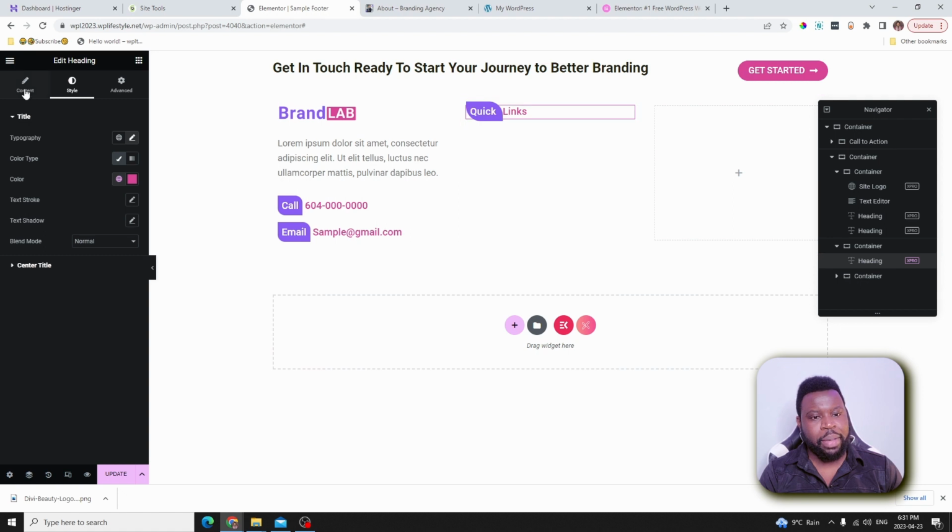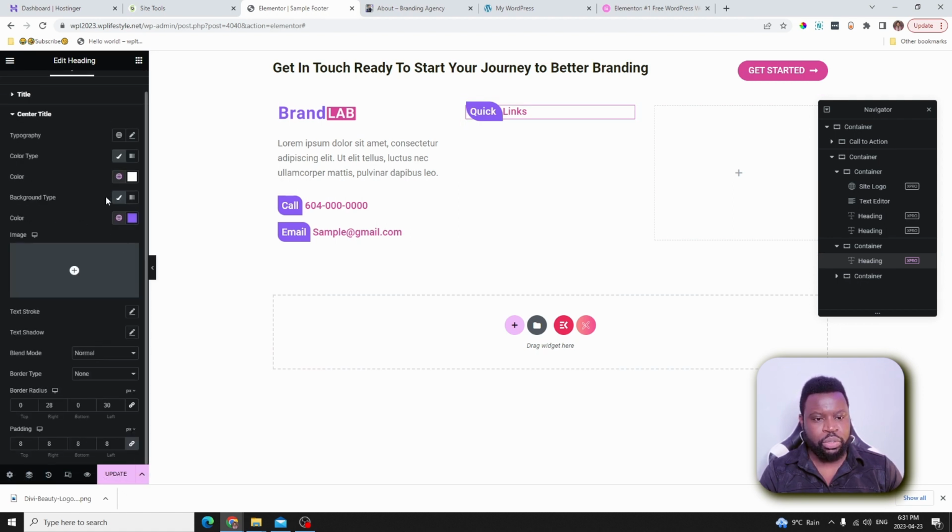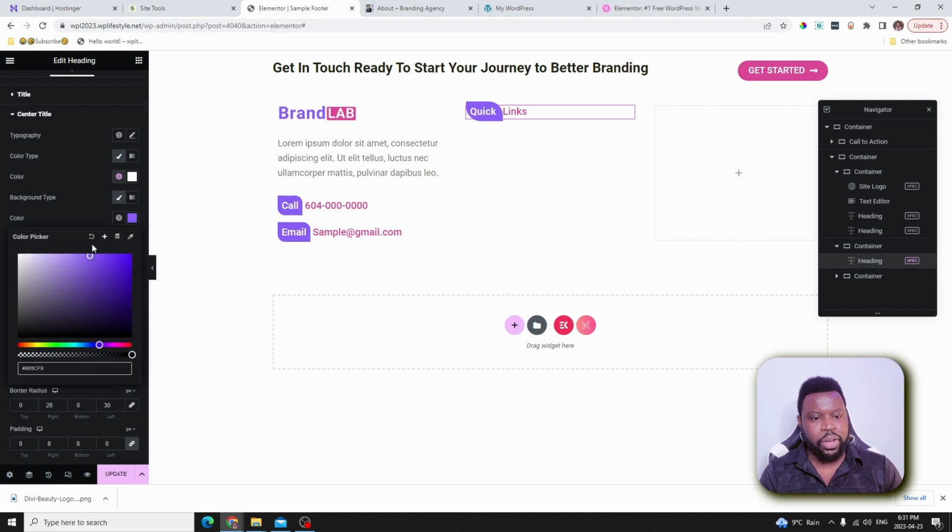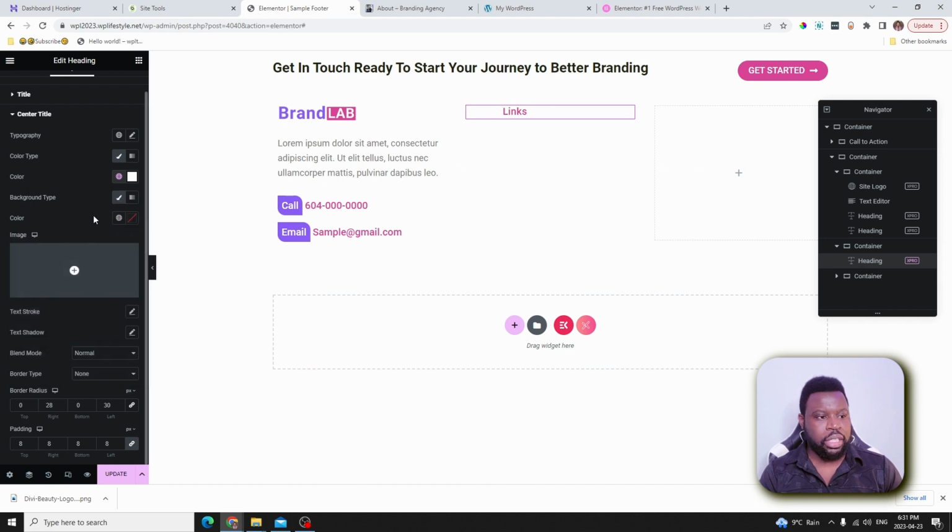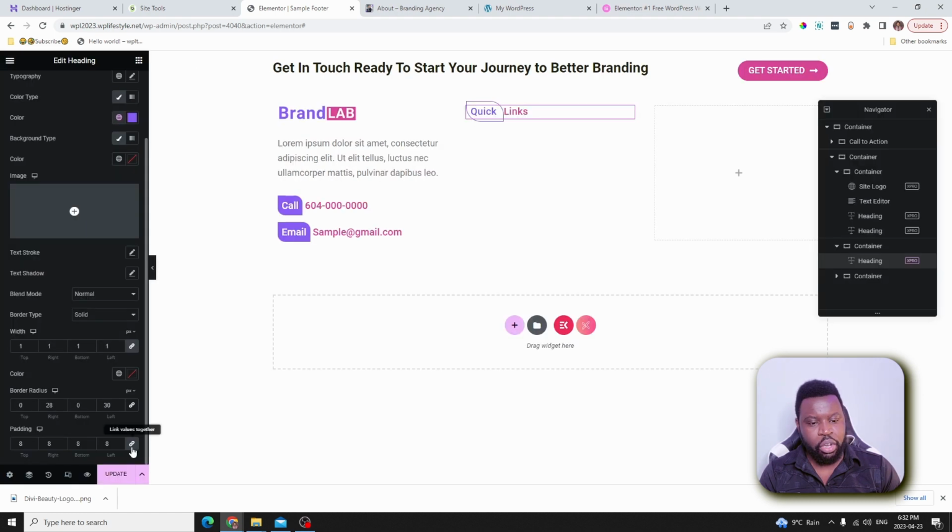Obviously you don't need to have a background there. We can go back here and remove the background. You scroll down to the center text, we can remove the background like this and then change the color to maybe something like this. And now we can go ahead and add some border type. We go ahead and select solid. So that's looking nice. And now we can go ahead and reduce the padding. Maybe we make this button, we make the bottom padding to be 5 and also make the top padding to be 5 as well. Something like that.